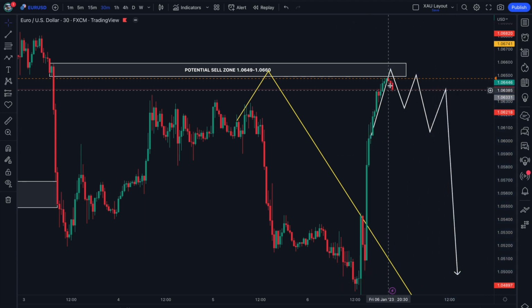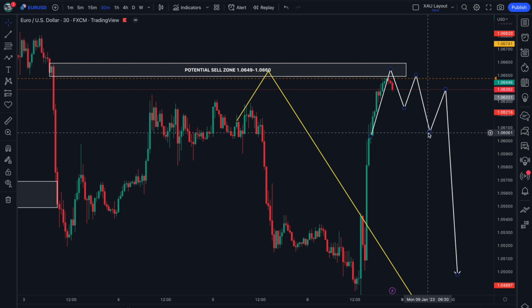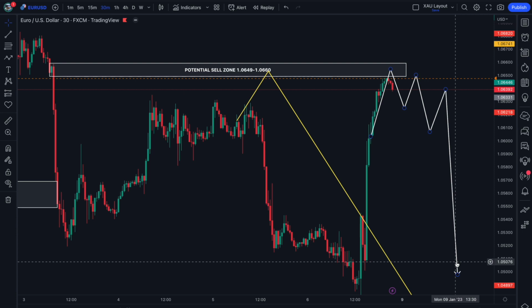So this is what we look for. We have a high created, a low created, a lower high created. This is our first suggestion. We then have a break of structure, this being the break here. Then we have the deliverance of a lower high. This is where we get involved in the market, and then we trade price lower.